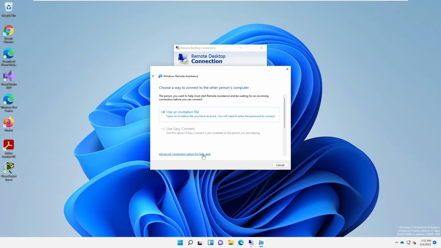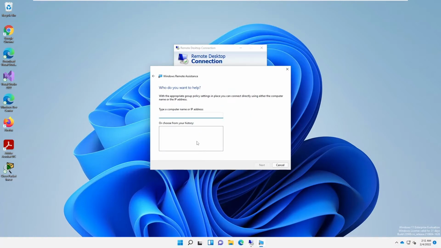You can see we have the advanced connection option for the IT help desk. Mind you, this only works, just like the remote desktop connection, if both of your devices are in the same domain, because you are going to use the computer host name, the fully qualified domain name, or the IP address of that device to connect to it and assist that user. For example, if you are living in the United States and the user is living in Europe, and there's no connection, not in the same domain,